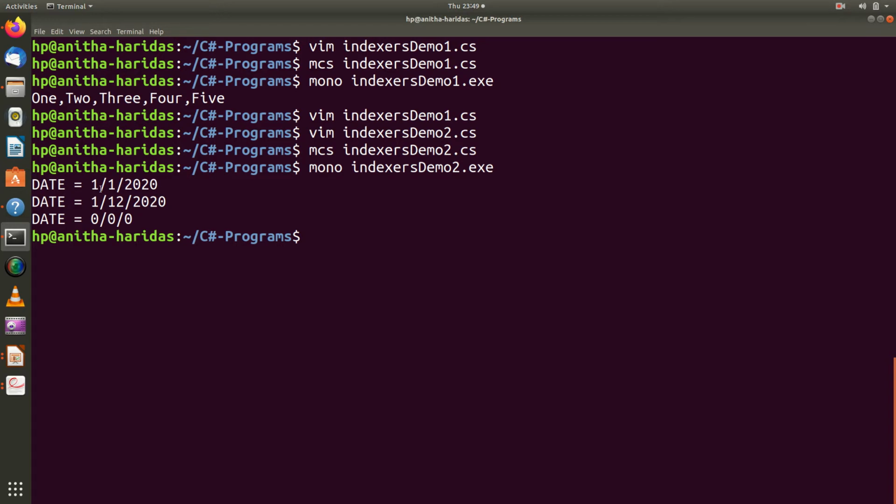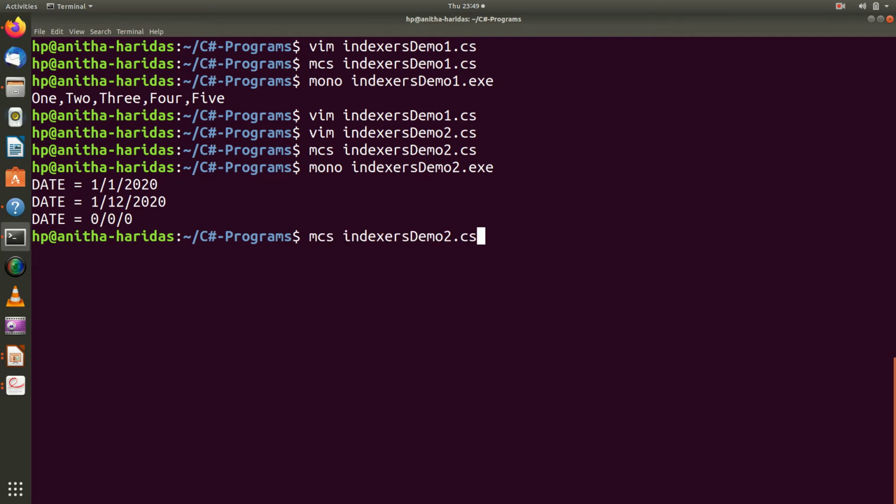My first date was 1/1/2020 using the constructor. Then I have assigned month with 12. So the date is changed to 1/12/2020. But the third time I have given a wrong indexer saying days, which is not specified in the indexer definition. So it has set the value 0000 to day, month and year.